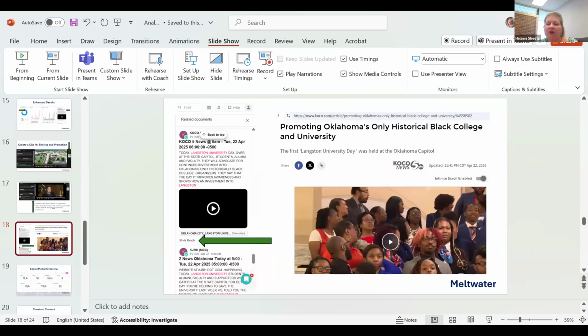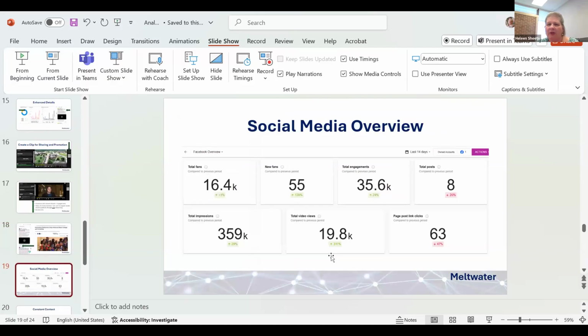This one in particular is just an online news story. And following the green arrow, it says that 20,400 people, that was the reach for that. And also for a lot of these intelligence tools, I won't go into too much detail as Kirsten already did, but the social media overview can give you a snapshot if you have your social media hooked up to that. And through these tools, you can set up social media to post, so you can pre-schedule it and pick the platforms you want something to go on.